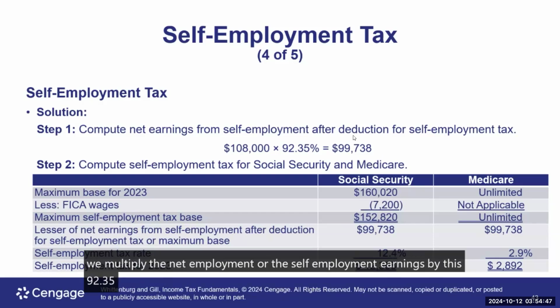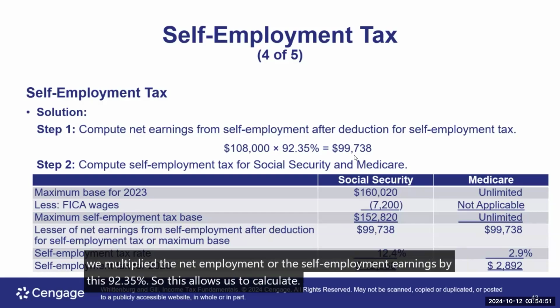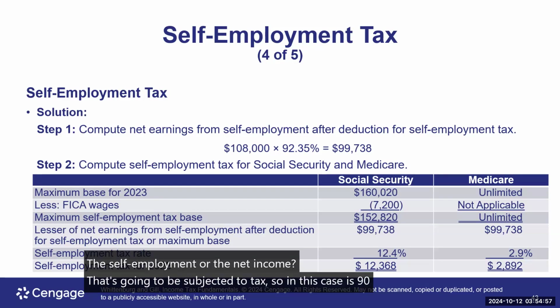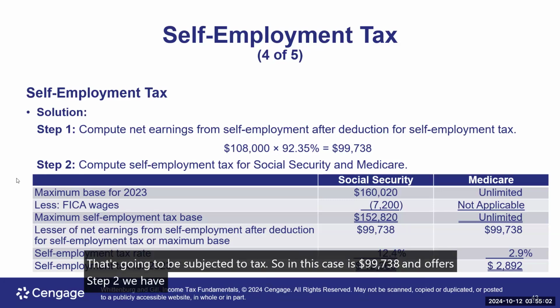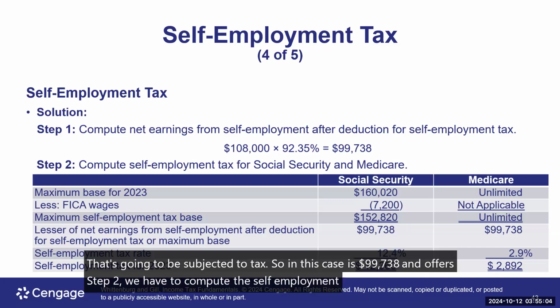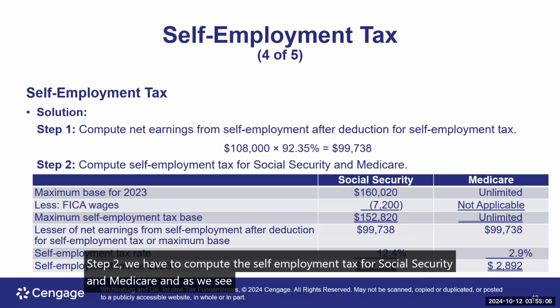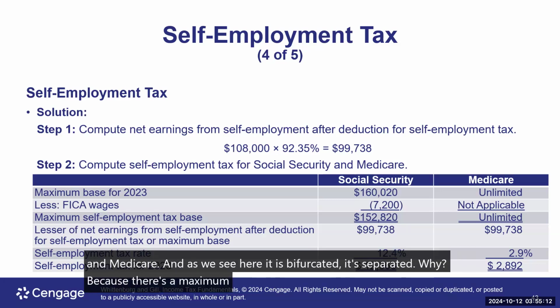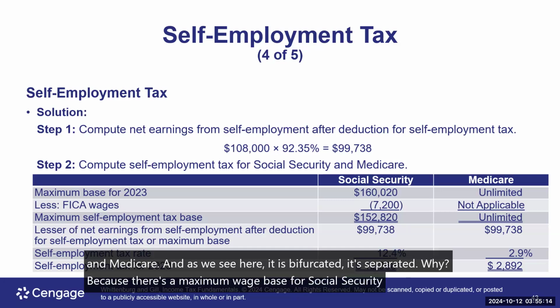So this allows us to calculate the self-employment or the net income that's going to be subjected to tax. So in this case, it's $99,738. And now for step 2, we have to compute the self-employment tax for Social Security and Medicare. And as we see here, it is bifurcated. It's separated. Why? Because there's a maximum wage base for Social Security, but again, Medicare, as we see in the